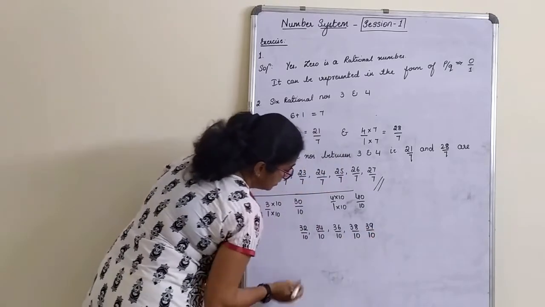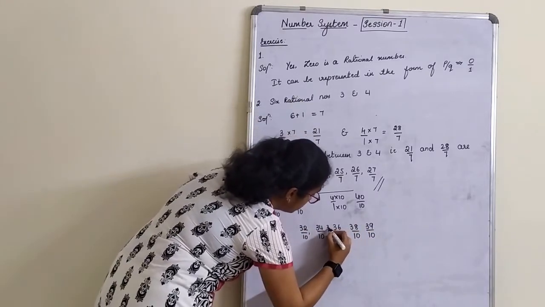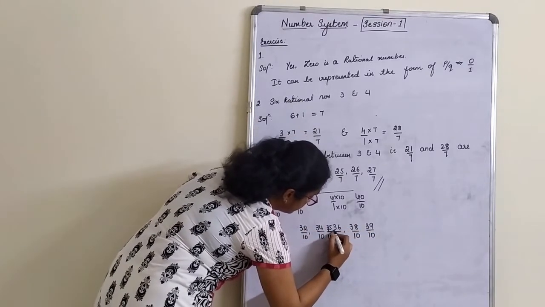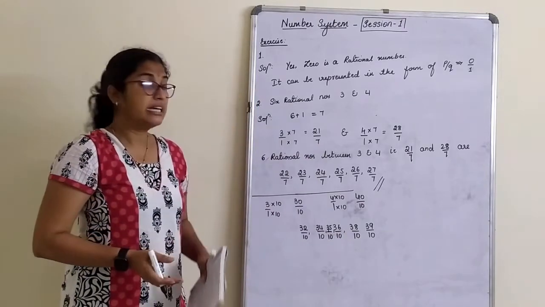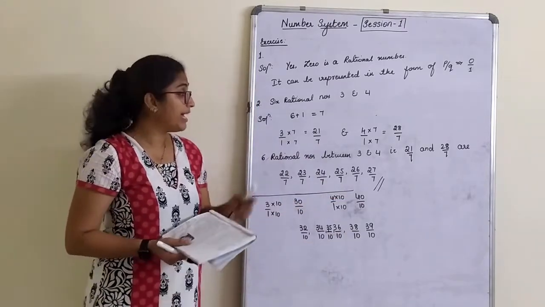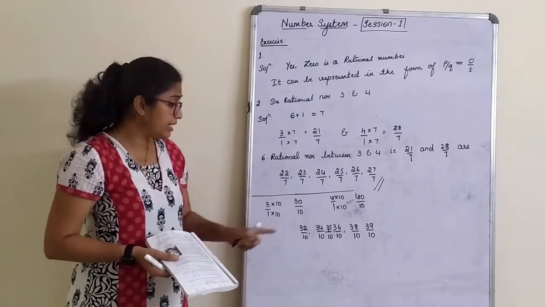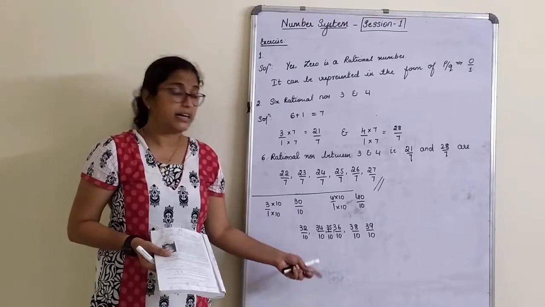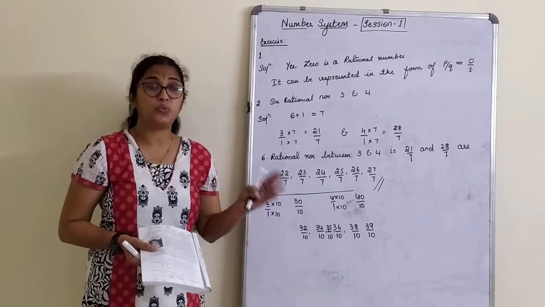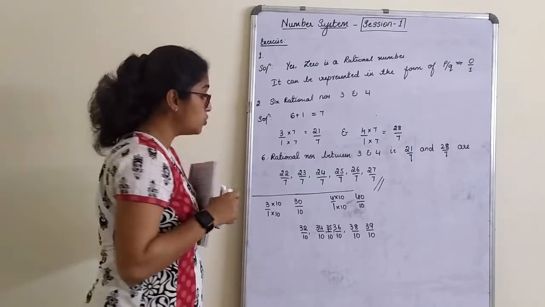39 by 10, how many over? 1, 2, 3, 4, 5. Okay, I will choose one more. 35 by 10. Did I get it? That means everybody can't be getting the same answer. Now I have done this method, so you will copy down this. Tomorrow in the exam, if you feel like doing that with 10 and 10, go ahead. It has to be correct and it will be correct. So that is how you find rational numbers between these two numbers.